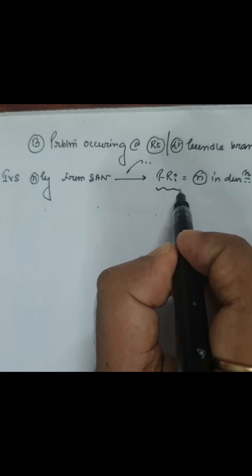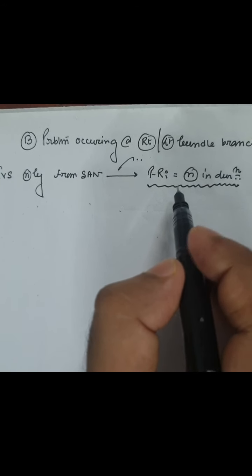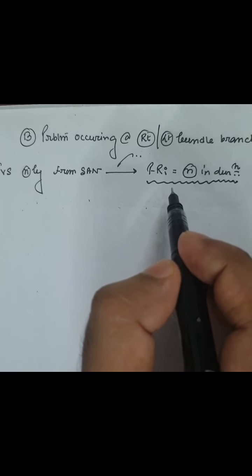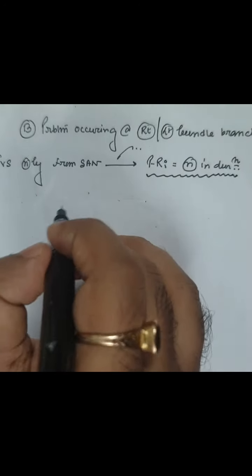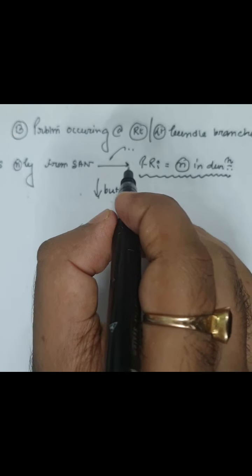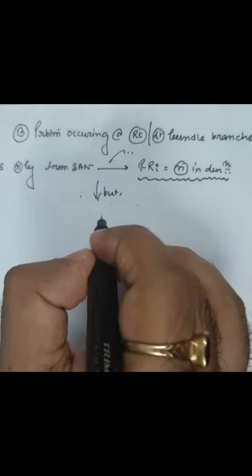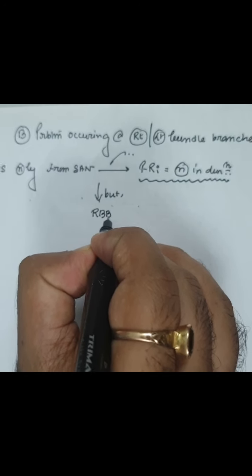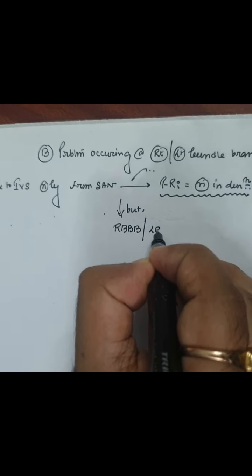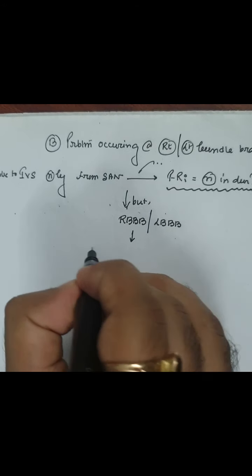So in this category of right or left bundle branch block, remember that the PR interval will be of normal duration, not prolonged. But there is a problem. As there is abnormal conduction to the right or left bundle branch, so either there is RBBB or left bundle branch block or LBBB, there is delay